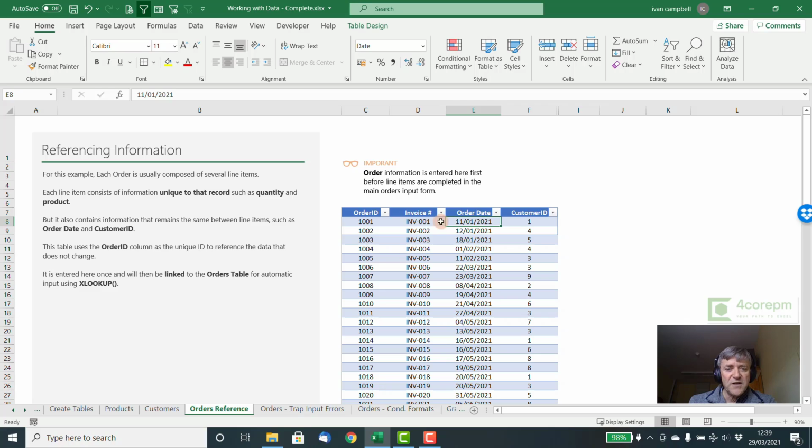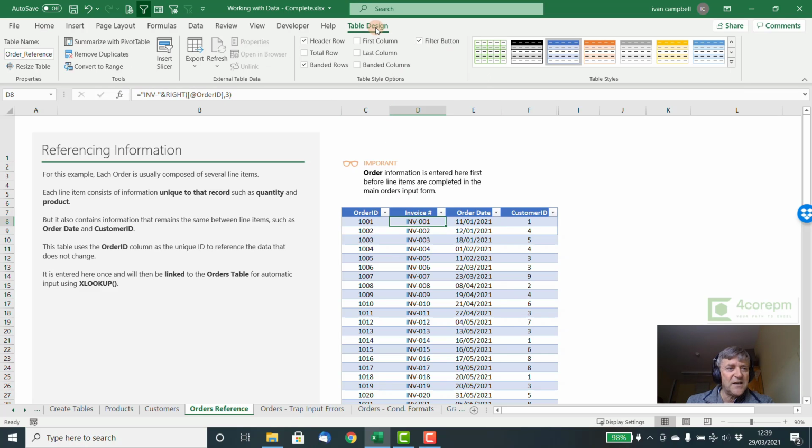Also, just for a bit of fun, I've created a little invoice numbering system here, so I can base an invoice on the order ID. It's just a little formula that says put "invoice-" before the last three numbers of the order ID. Now that we have this reference table, which in the table design I've called order reference,